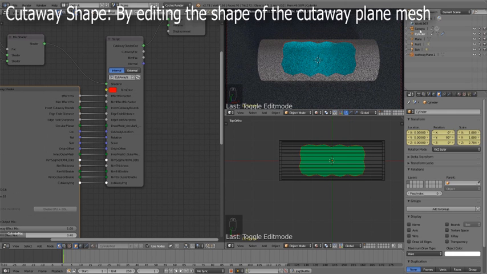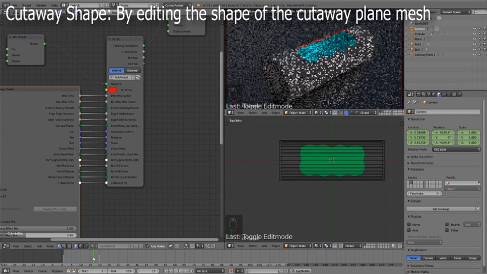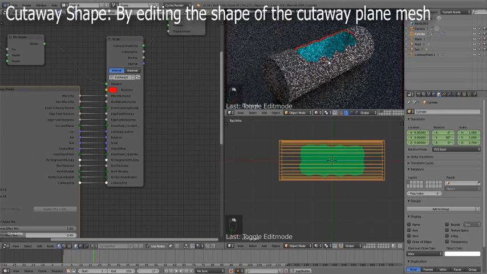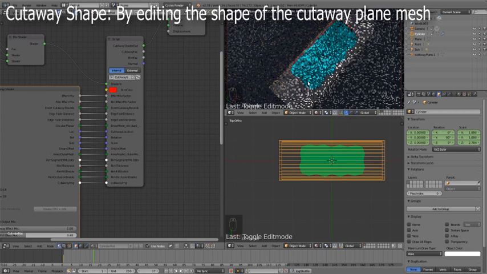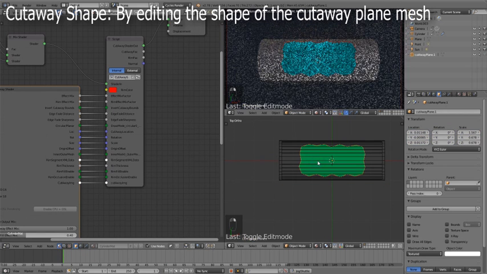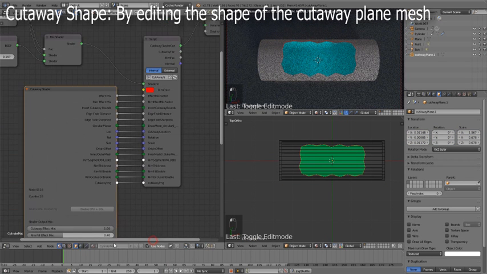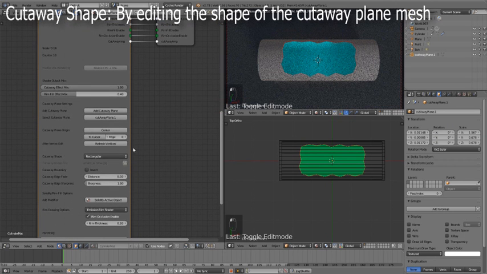Let's just have a look at it from the side here. Move the camera around, and we can see we've got quite a good cutaway shape there. So that's pretty easy. In summary, just select the plane, edit the vertices in the plane, and then importantly choose